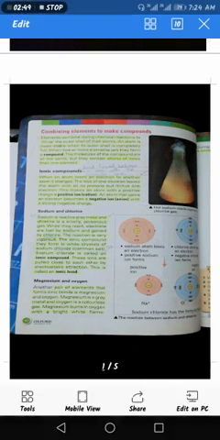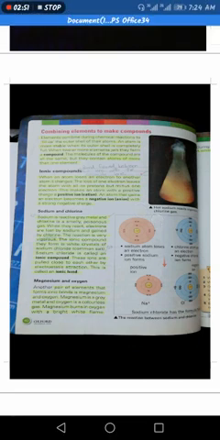Here we have another example, magnesium and oxygen. Another pair of elements that forms an ionic bond is magnesium and oxygen. Magnesium is a gray metal and oxygen is a colorless gas. Magnesium burns in oxygen with a bright white flame. They form magnesium oxide. During the reaction, 2 electrons are lost by the magnesium and gained by the oxygen. A white solid ionic compound called magnesium oxide is produced. Here you can see in the diagram.